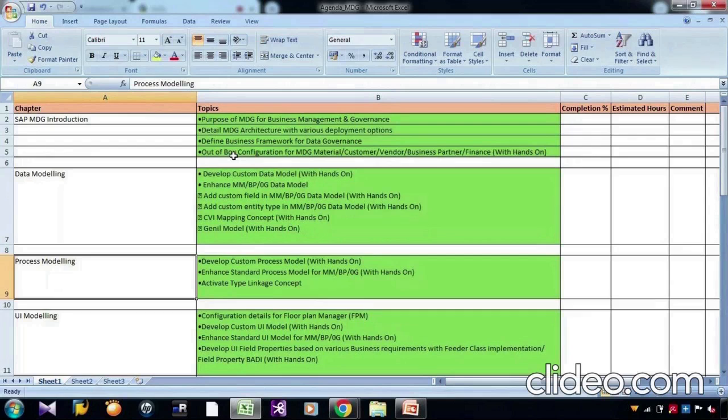MDG is currently a very demanding module because this is the only module from SAP to manage and govern the master data, and SAP has a lot of vision for the expansion of SAP MDG in master data governance and analytics.